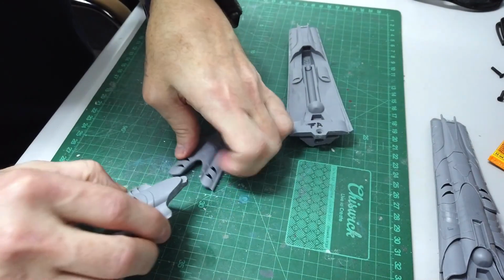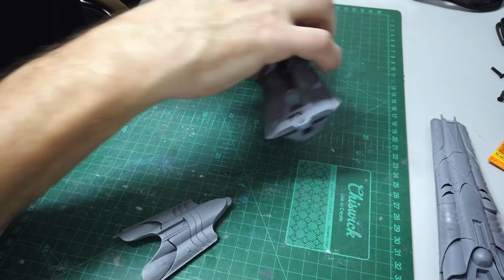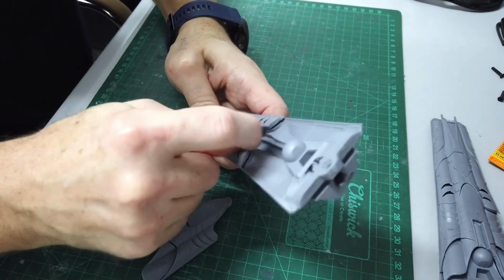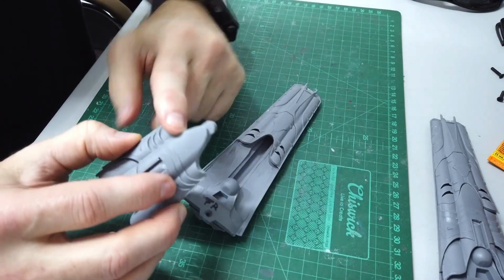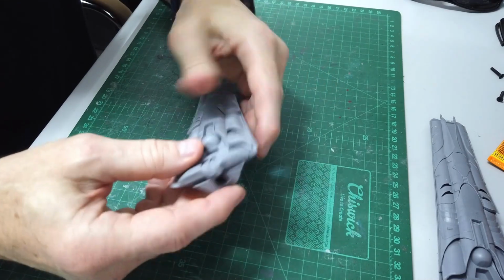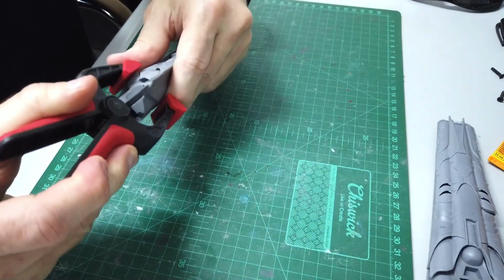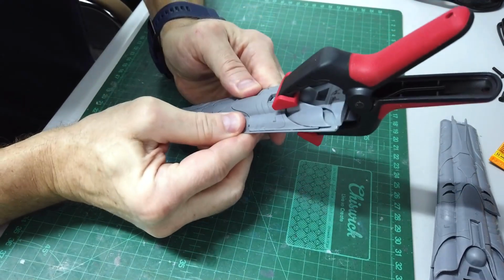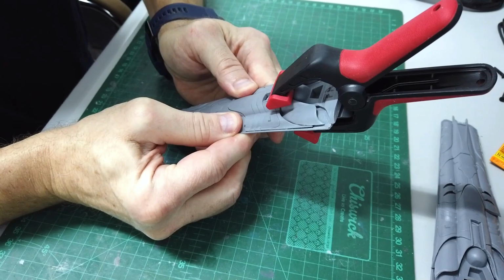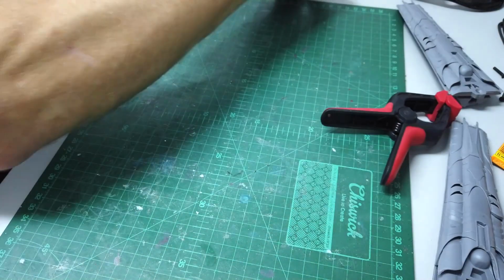So you can either glue it on its own, or you can bring it along, push it in so it sits tight, and then put a bit of glue around the edge and just use a clamp, which I use over here. I clamped it down with the glue, and then I just held it down on each side till it dried. Okay, so then eventually what you can do is, like I just showed,